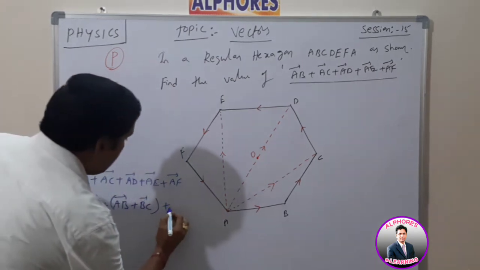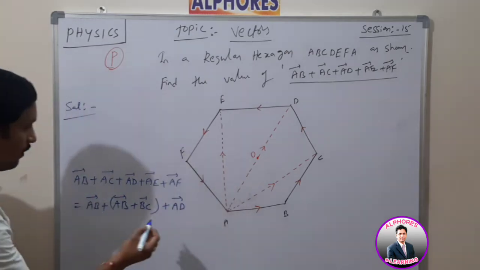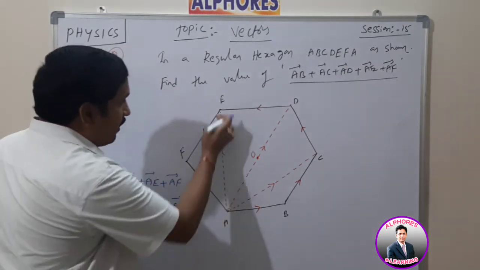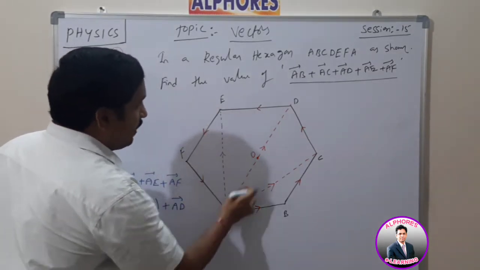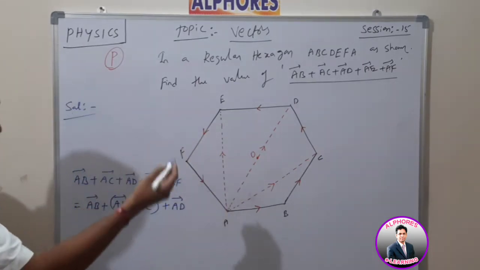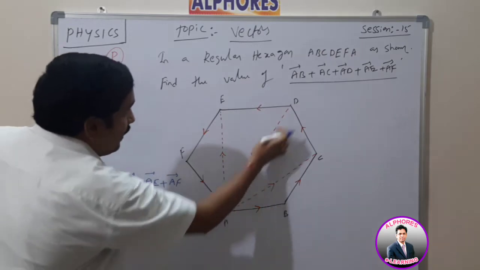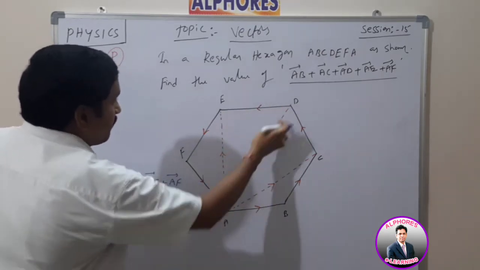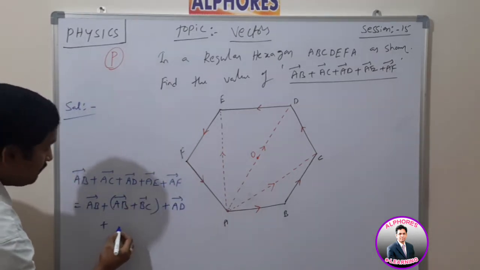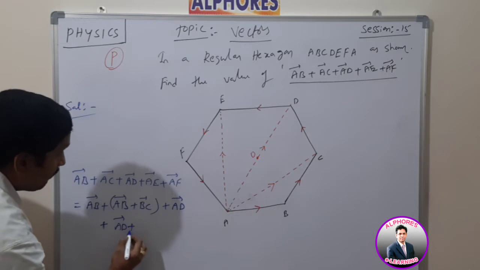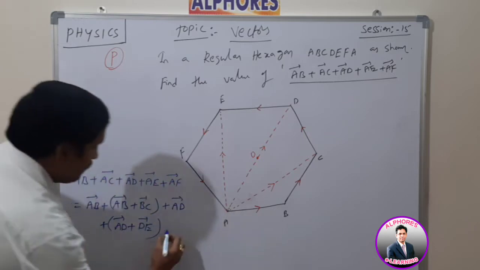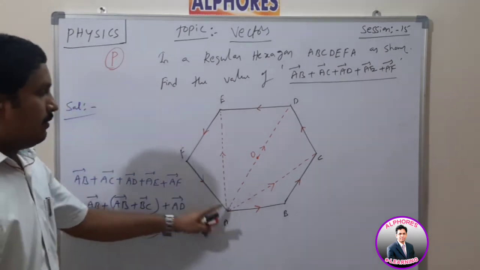Now next one, this is the AD bar. Now again plus AE bar. So AE bar can be written as the combination of AD and DE. According to the triangular addition of vectors, AD and DE both are in the same direction, then the result is in the opposite direction. That means in place of AE bar, I am taking again AD bar plus DE bar. Okay, clear. Now again I have to take with A, that means AF bar.